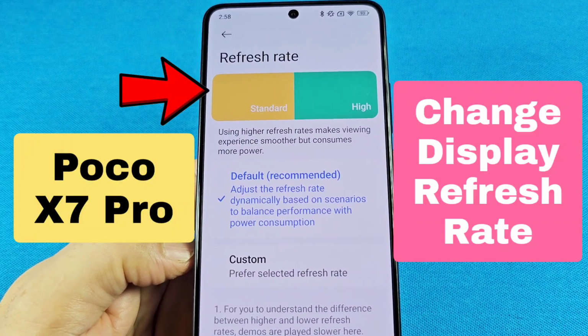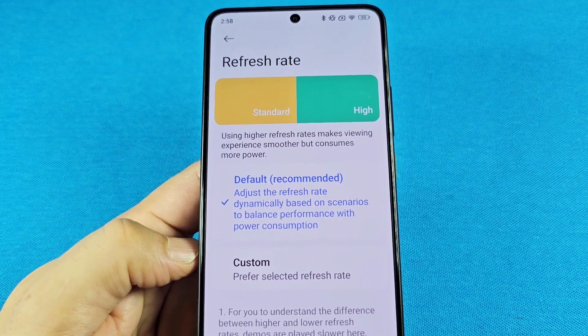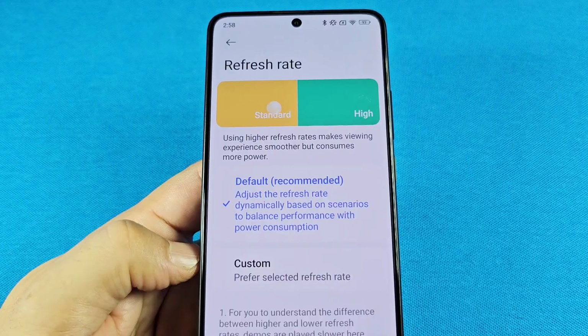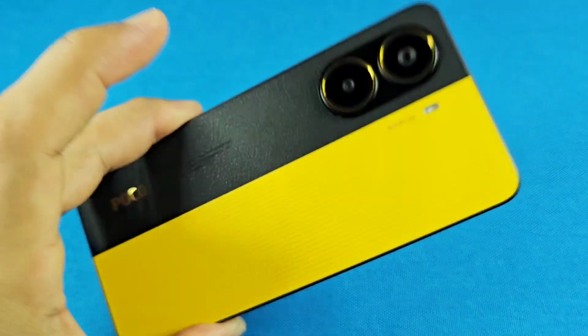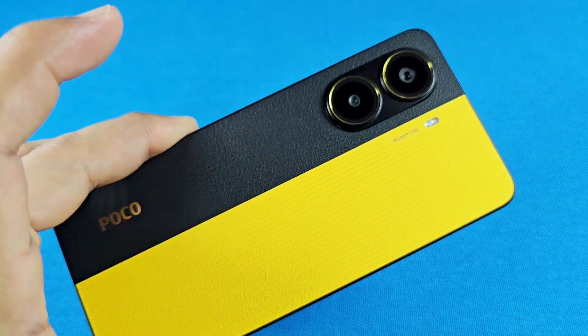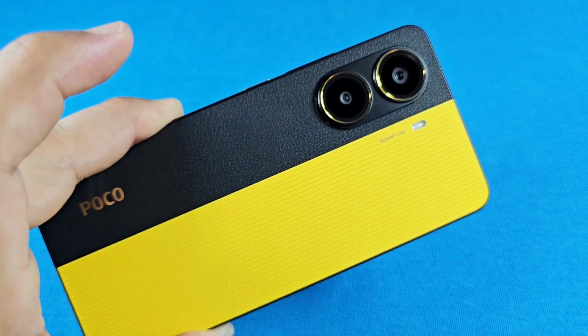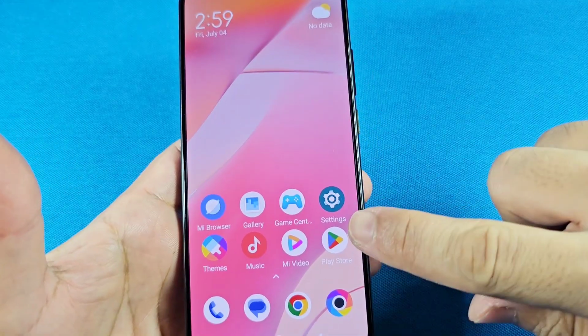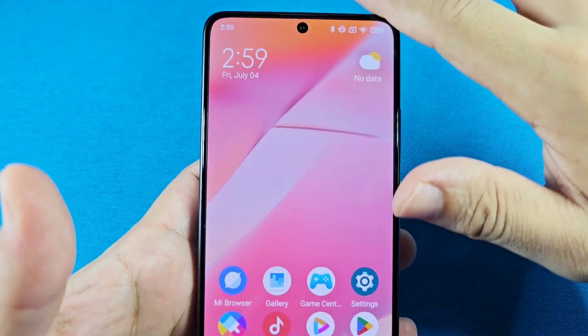How to change your refresh rate or choose a specific refresh rate type for specific apps. This is the Poco X7 Pro phone with HyperOS 1 or HyperOS 2. You can always go into the settings option right here, and if you don't see it there, use the quick